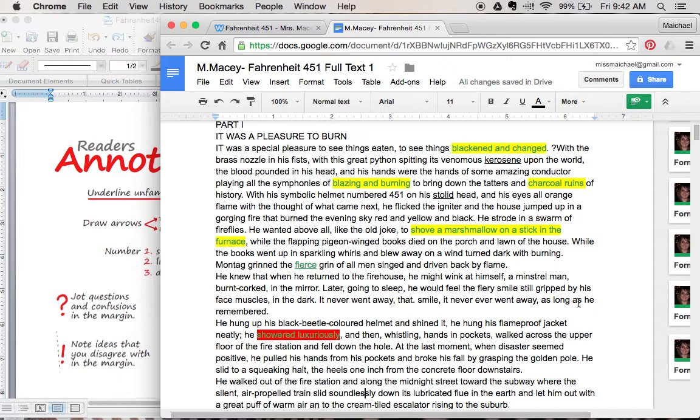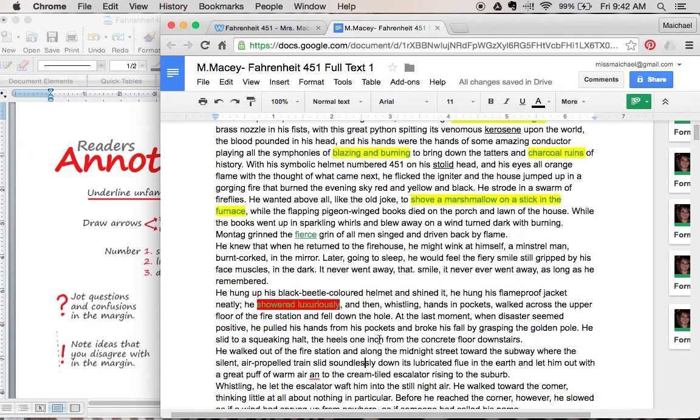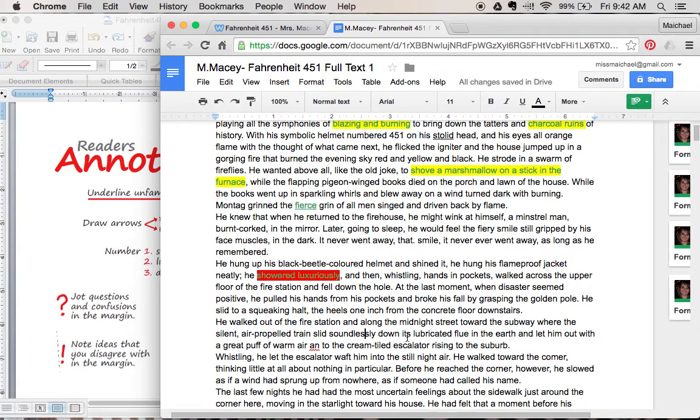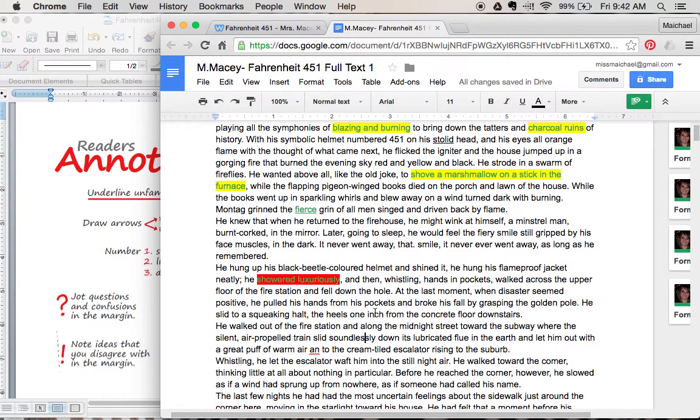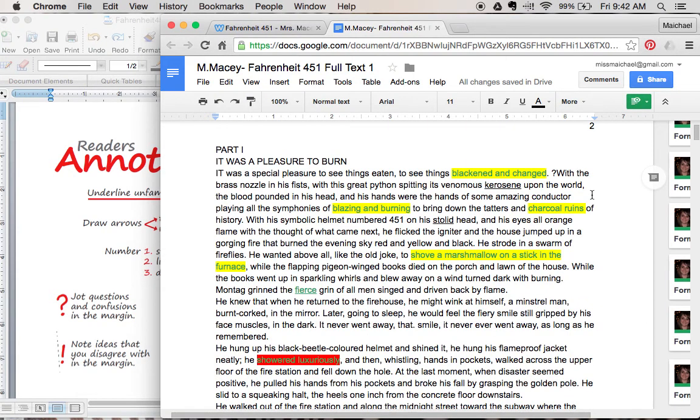Now, it's really easy to make comments in the margins. Basically, let's see, we're going to go back up to these Fahr references. So, let's see. Okay, so right here.